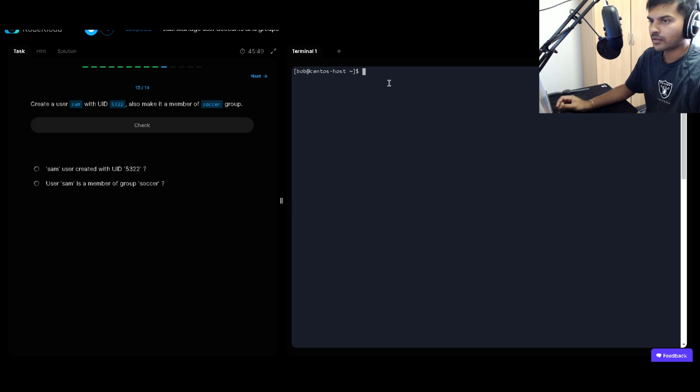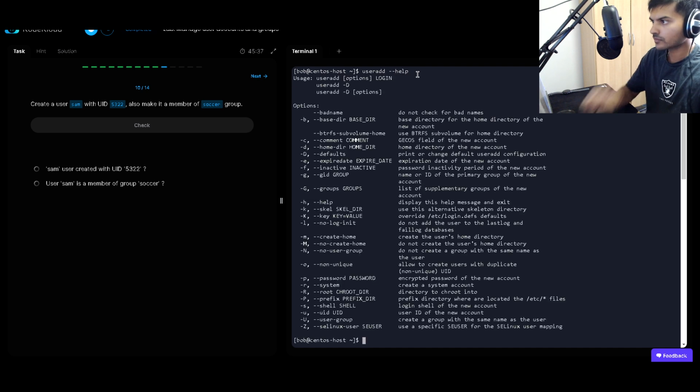Quite a quick one, this one. Create a user SAM with UID 5322. Also make it a member of the soccer group. So useradd. Okay, so sudo useradd SAM. How do we change the unique ID? UID 5322. Also make it a member of the soccer group. So -G, and then